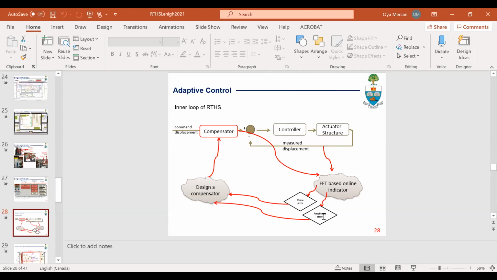So since it is in the feed-forward path, technically, if this compensator is stable, and if you have a stable loop, technically you cannot destabilize the system. So that is also one aspect that we considered. Anytime you put something inside the control loop, you may destabilize the system. So with that, we already have a stable and acceptable tracking performance from a constant coefficient controller, such as a PID controller. And this compensator starts acting as it develops the signal,